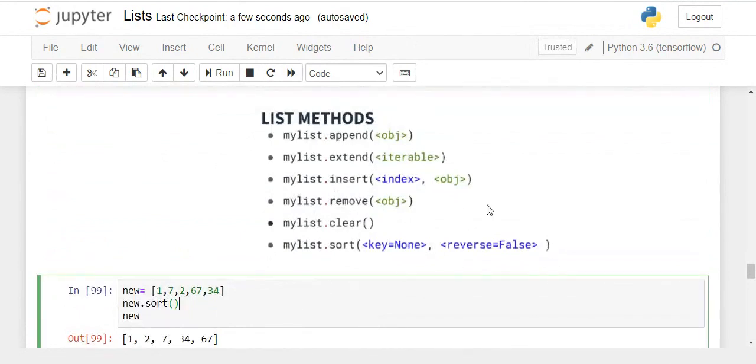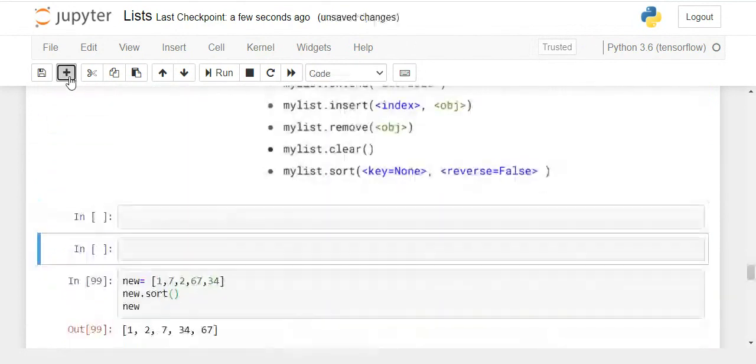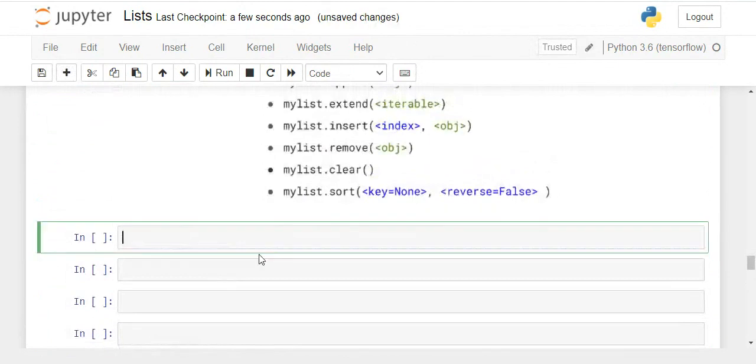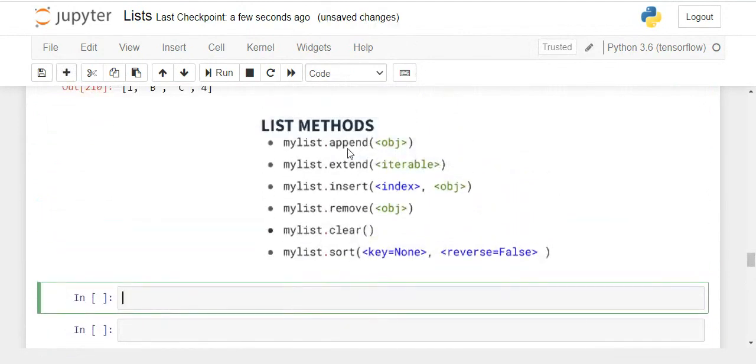So we have these methods in list which do not return any value. There are two types of methods I'm going to discuss here. First, methods which do not return any value. Second, methods which do return some value to the user. Now we'll talk about these functions one by one. So the first method is what? Append. These are very, very important and handy functions that we are going to use very frequently.